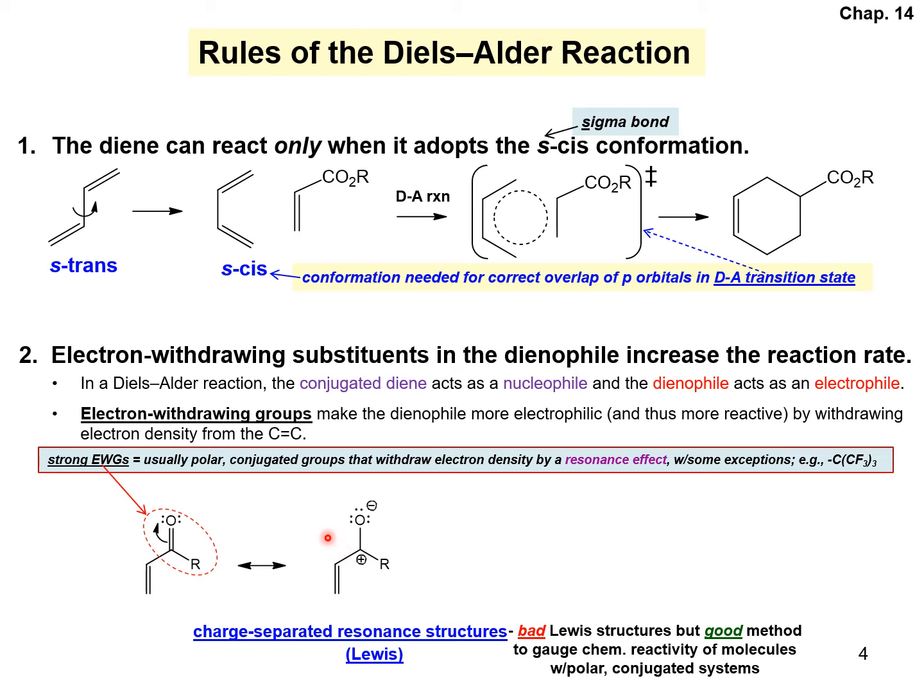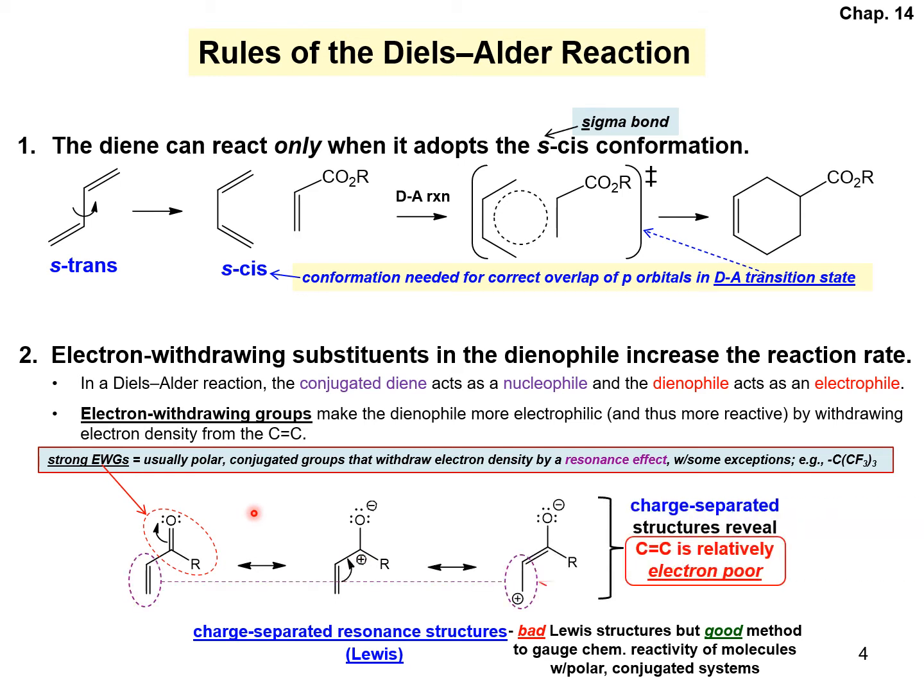And you'll see that there are chapters devoted in your textbook to reactions in which a nucleophile attacks this carbon. So this charge-separated resonance structure reveals that this carbon's electron poor. We can continue to draw another charge-separated bad Lewis structure, and in this one you can actually see that the double bond is no longer present